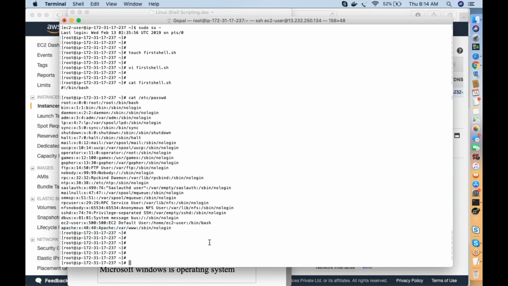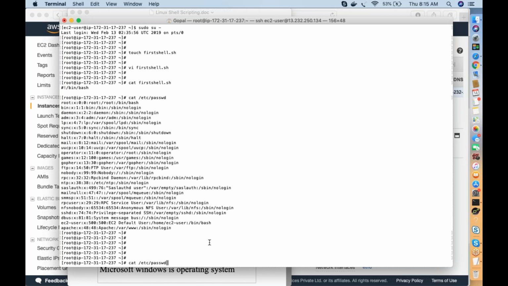That means if you are trying to execute any script through a third party user, for example, you want to execute this script through the Apache user, then immediately it will fail, because it doesn't have a proper bash profile. That user doesn't have a bash profile to execute your command. That's the reason it will fail.